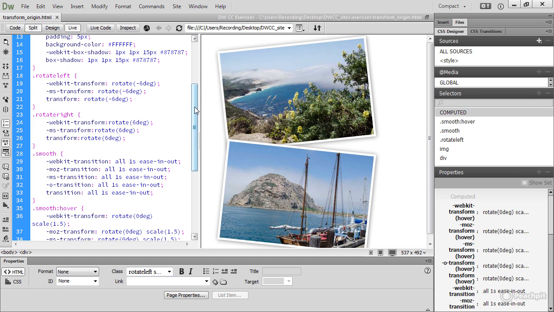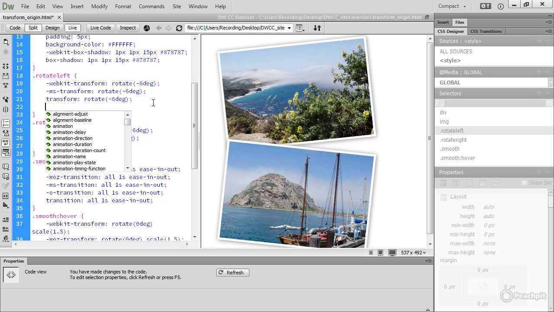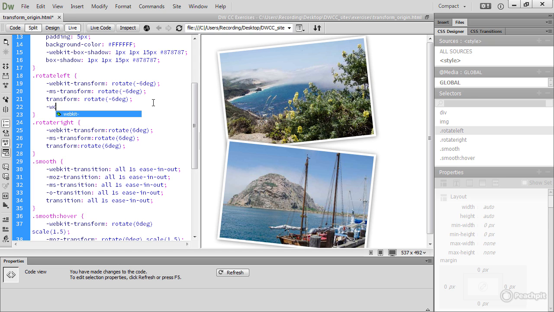I've got rotate left for the one at the top and rotate right for the one at the bottom. These are two classes. So I'm going to click at the end of the rotate left class, insert a new line. I get some code hints, type a hyphen and then WebKit, select that, and it's transform origin that we want. And this takes two values. The first one is the horizontal value and the second one is the vertical one. We want to make the transform origin on the left hand side, so select left, then a space, and at the top,